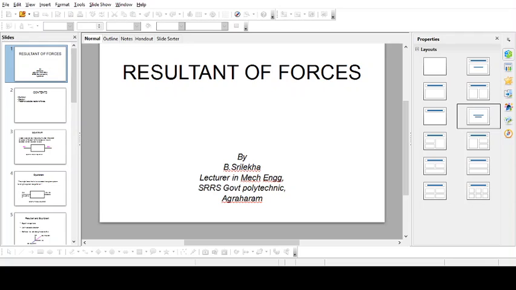From there we found the resultant, and by seeing the positive and negative signs of the horizontal and vertical components, we could denote in which quadrant the resultant is located. Thereafter, we calculated theta, the angle made by the resultant. Theta equals simply tan inverse of sigma V by sigma H. With that, we can find the resultant, and exactly opposite to that is the equilibriant. So the equilibriant is collinear with the resultant, but in the opposite direction.